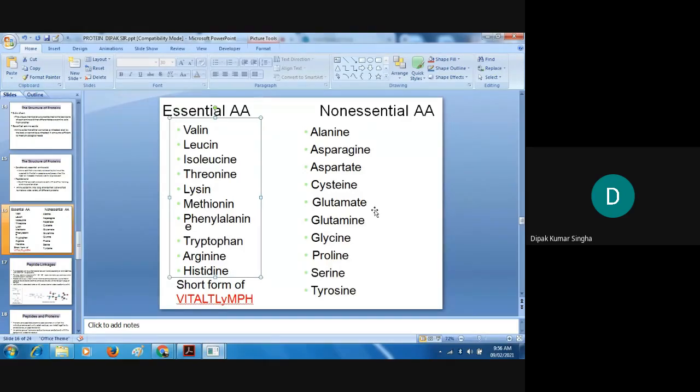Basically the glucose is the precursor molecule to synthesize this 10 non-essential amino acid, but as per requirement of the body 20 amino acid is essential এবং abundant amount, not এই নয় যে কিছু কম বেশি, হিউজ পরিমাণে দরকার হয়। সেই জন্য every day you take the protein and this protein is converted into amino acid every day. প্রায় 300 grams free amino acid থাকে, যাতে in case of protein synthesis there is no crisis of any amino acids. সেই জন্য এটা মনে রাখার জন্য তোমাকে এই শর্ট ফর্মুলা আর একটা এক্সাম্পল দেই।